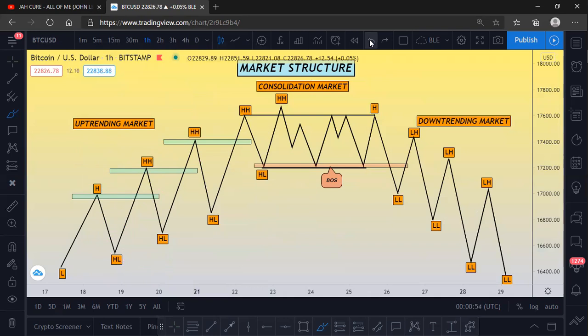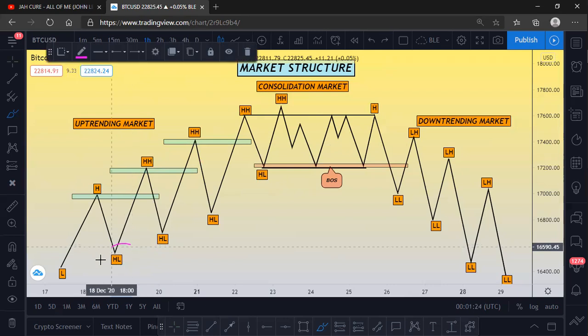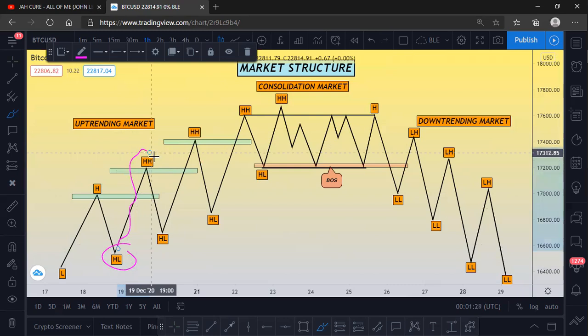The banks like entering buy positions at areas of small drawdown, at areas of mitigation, at areas of imbalance, basically areas of smart money concepts. Over time you will understand the different smart money concepts, but just have an idea that in an uptrending market, you only want to buy at the higher lows. So if you missed this buy here, wait for price to go up.